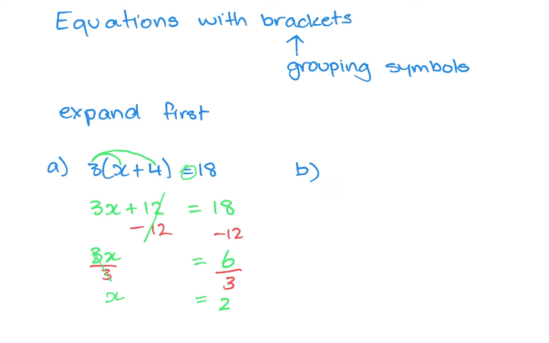Okay, next one. 2 brackets m plus 1 equals 5. So let's expand the brackets. 2 times m plus 2 times 1 equals 5. First step, take the 2 and put it on the other side. So minus 2 minus 2, 2m